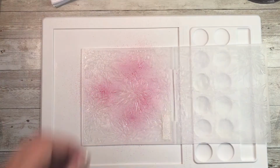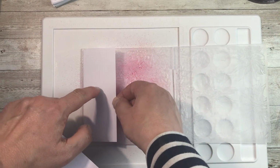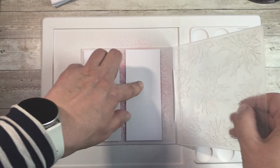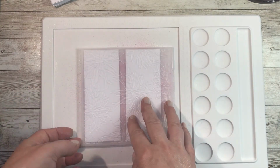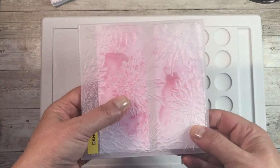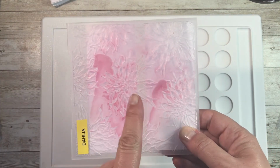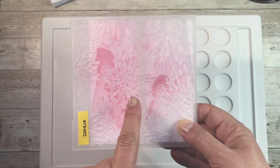and then I'm going to take my pieces of card and lay them directly on the top. So that was the deboss side. So the background, you can see it's already smooshing together, so it's quite exciting. So when you put this one through the die cutting machine, I would suggest adding an extra piece of copier